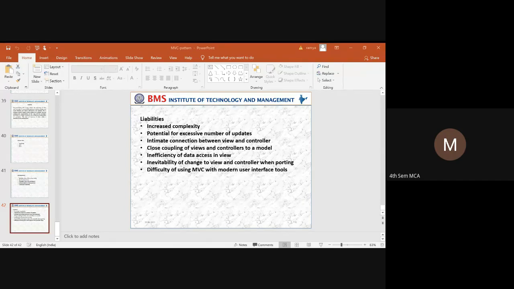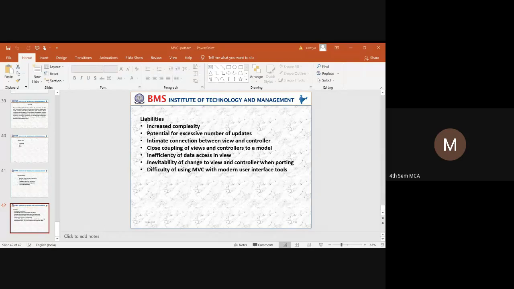And next thing is close coupling of views and controllers to the model. So here, when we are looking at the identification of a model and a view, the coupling with the model also has to be identified, because the controller components make a direct call to the model to access all the data. And while accessing the model's interface, there is a likelihood of breaking the code of both the view and controller.